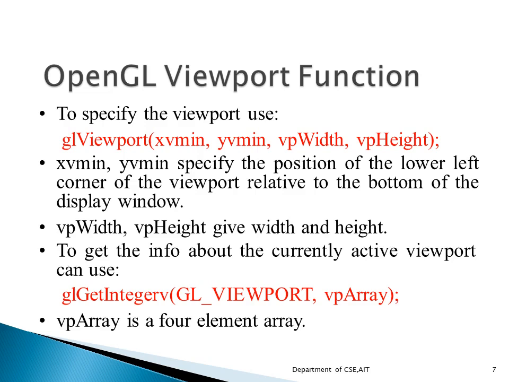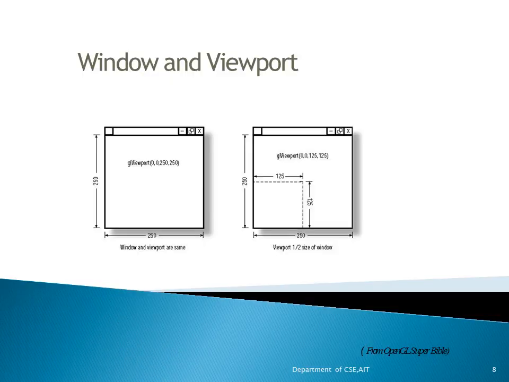So you are going to get the 4 elements, that means the 4 dimensions of the window, present in your vpArray. It will be the output of this glGetIntegerv. In the vpArray, there will be 4 elements equal to xvmin, yvmin, vpWidth and vpHeight. In this slide, you can see how the viewport is present within your